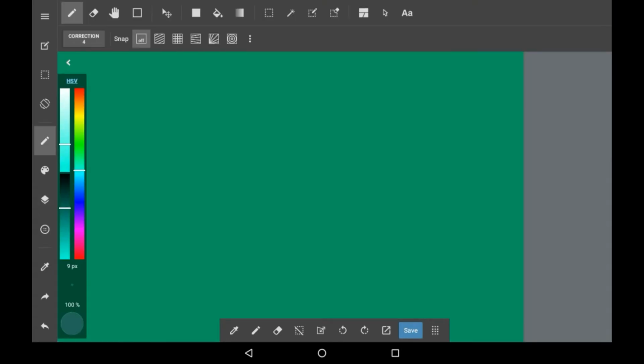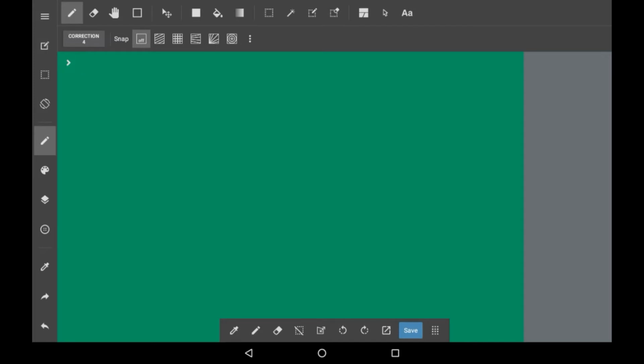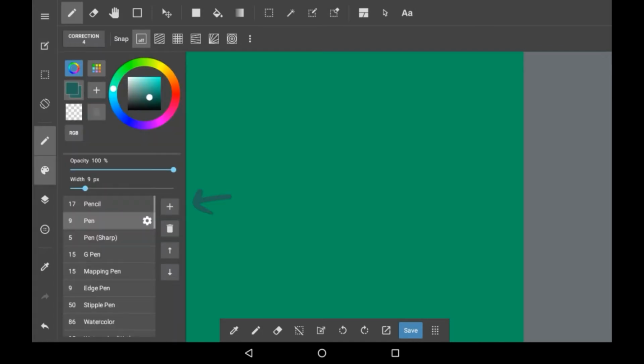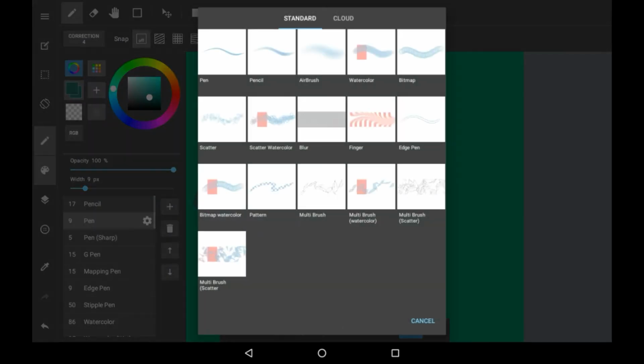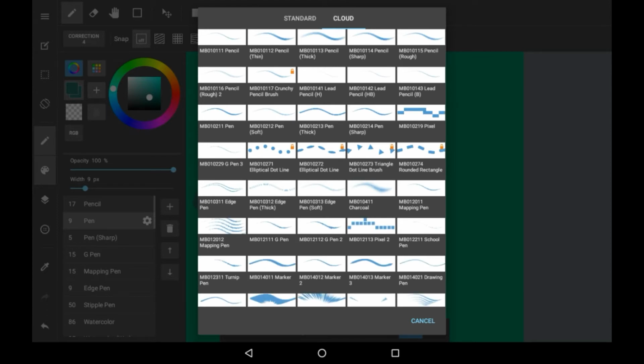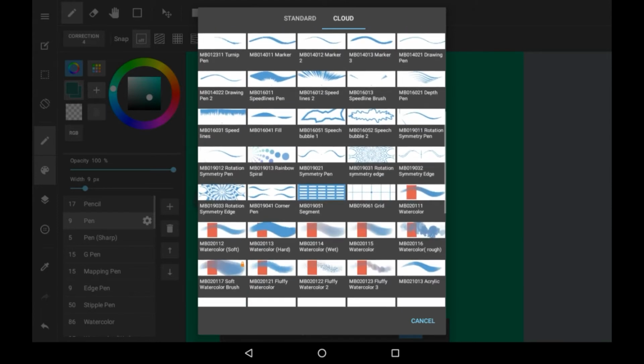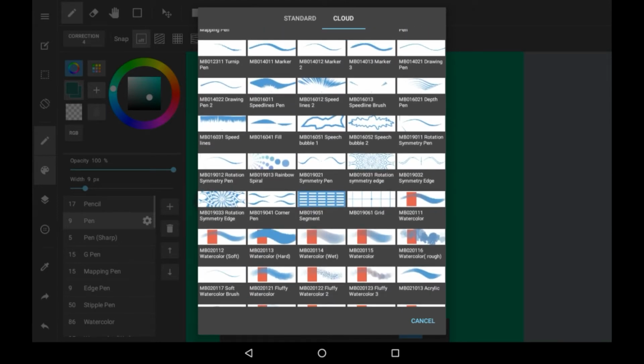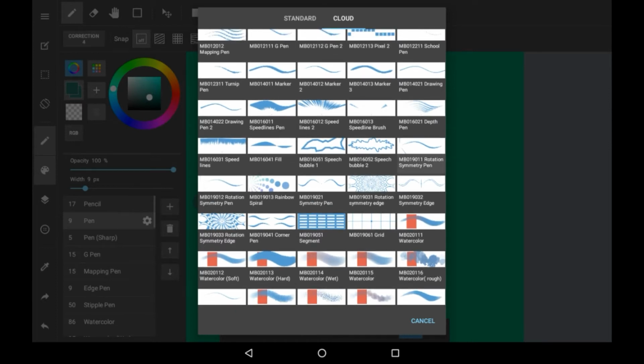So firstly, get onto a layer that you want to do some patterns on. Then you're going to want to look into the little art paint palette right here, which is the brush menu. Once you go in there, you're going to want to click the little plus right here so we can find the brush to do this with. You're going to want to go into the cloud section and scroll down. Here there are a few pens that you can use. We're going to be using this rotation symmetry pen today, which is this